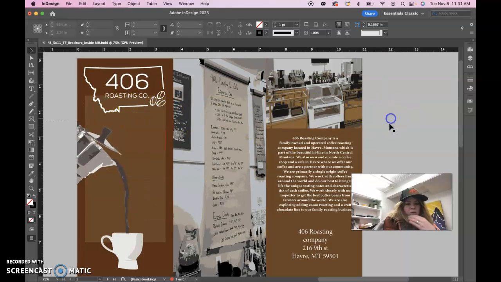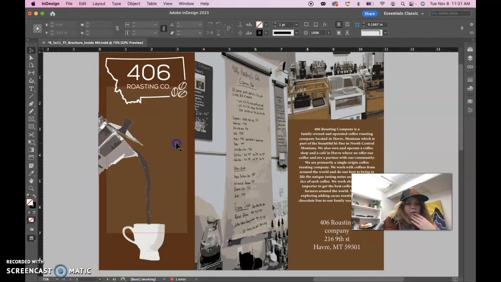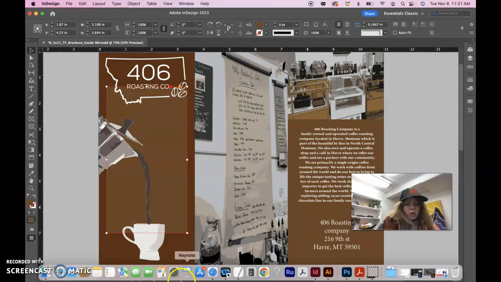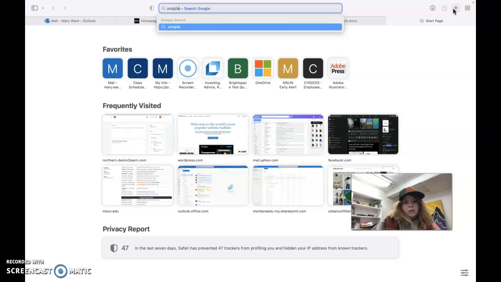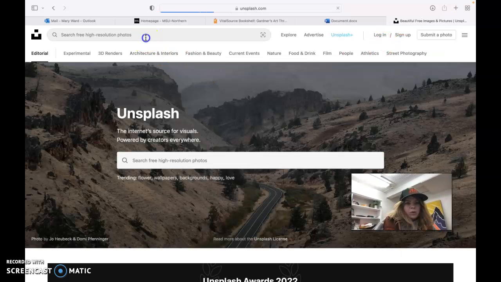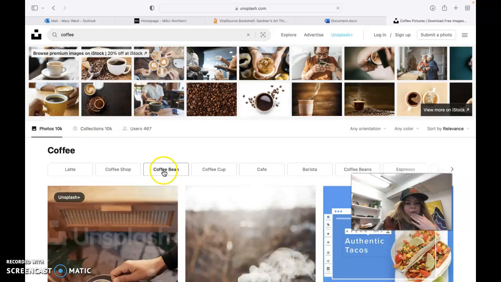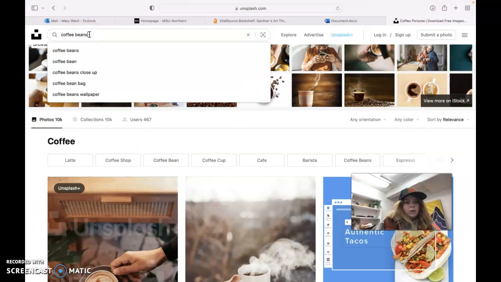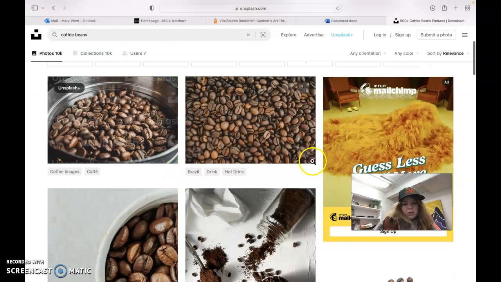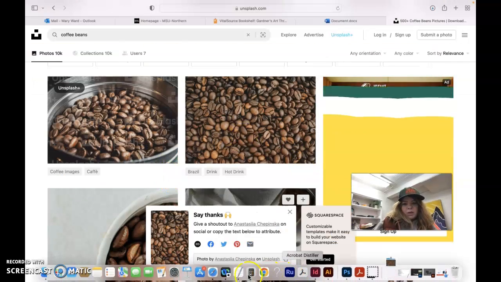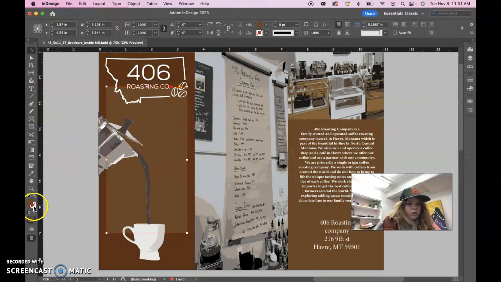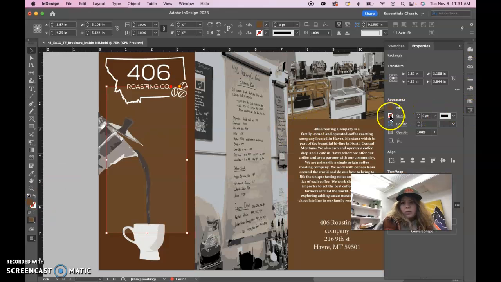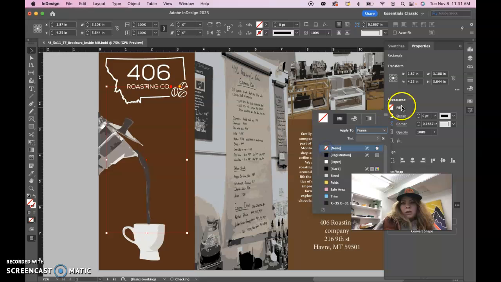Like I said, I think maybe a picture of coffee beans for the background. Like you could, let's see, go online. I would go to Unsplash.com. We could look up coffee. They probably have a lot. Coffee beans would be better, maybe. So like this one, we could just download this. And then we could go into your InDesign document, take out the color on this baby over here in the properties panel, take the fill, make it none, and then do a file place, and,